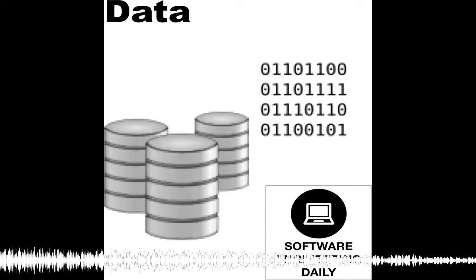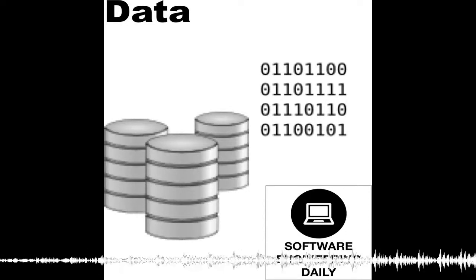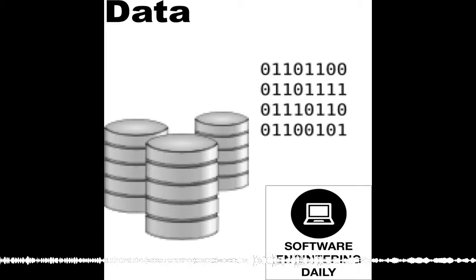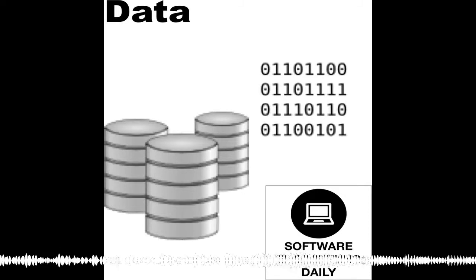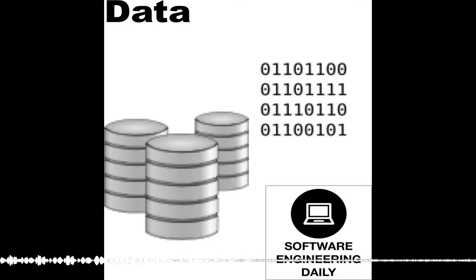Right. So we have a super listener named Ivan, and he emailed me and asked me to cover some differences between Docker and CoreOS Rocket. I don't know if you have any knowledge about the differences between the two, but it would be a great opportunity to answer that question if you did. Let's see. Differences between Docker and CoreOS Rocket. I have talked to both of...